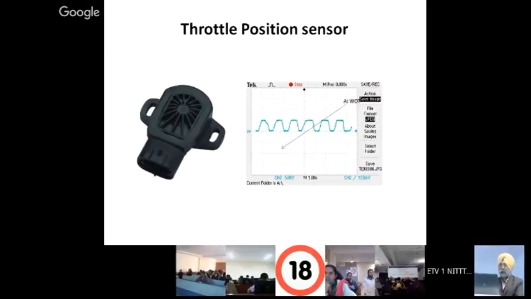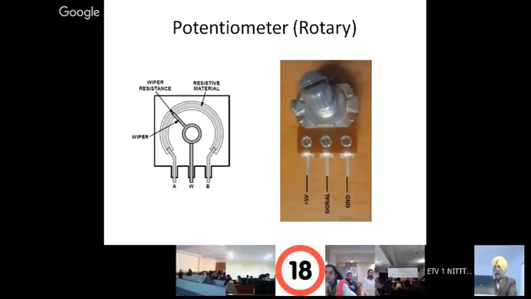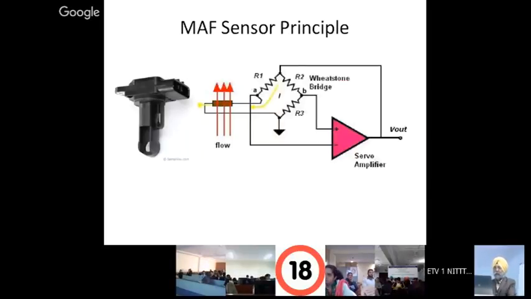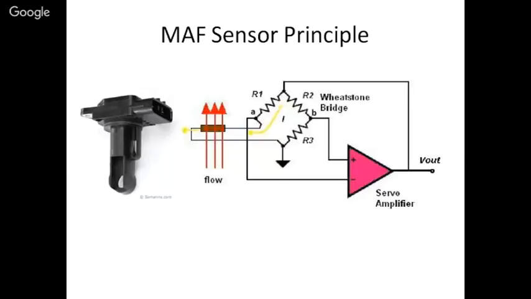So thank you. So the throttle position sensor is basically a potentiometric sensor which works on this principle. And next we have a manifold airflow sensor. So its principle is based on hot wire anemometer, which are used for measuring the flow rate of gases or liquids. Here what we have is, we have a